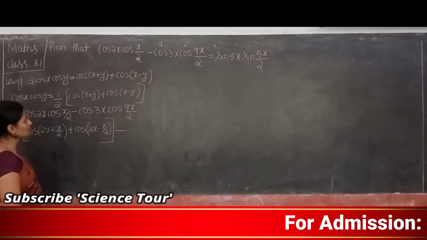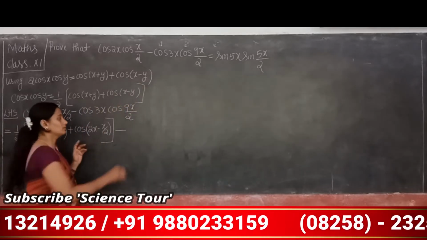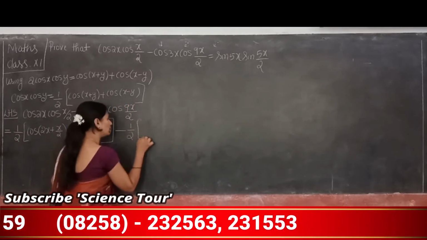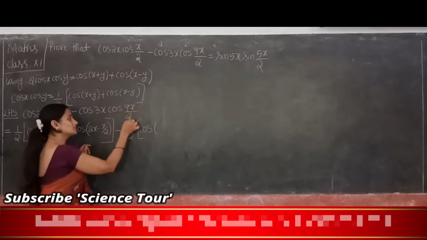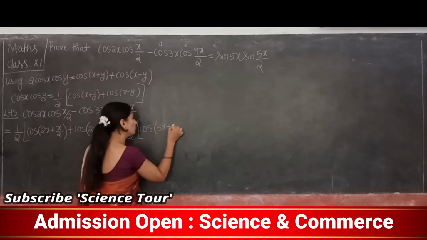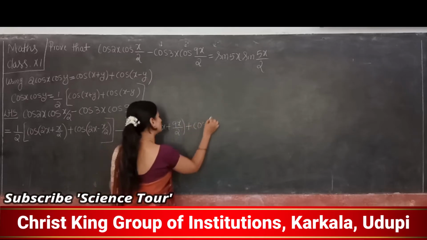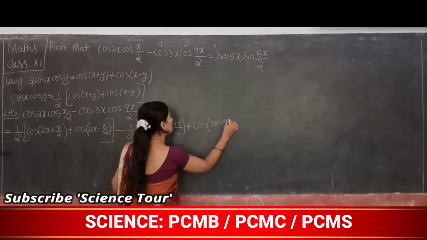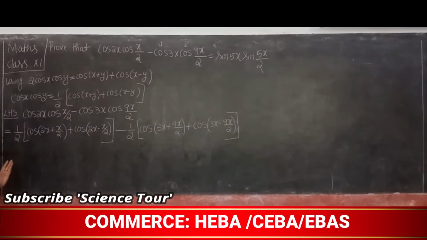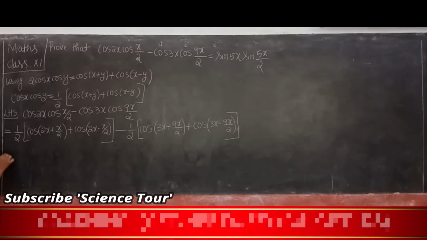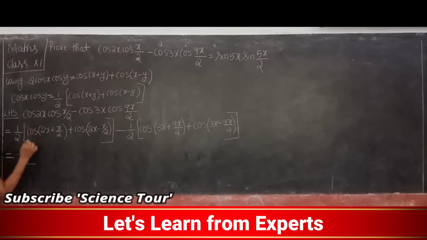So again this is in the form of cos x into cos y. So that is equal to what? 1 by 2 cos(x+y), so 3x plus 9x/2, plus cos(3x minus 9x/2). Close this bracket. Is this clear? Yes. Now next, so 1 by 2 bracket cos